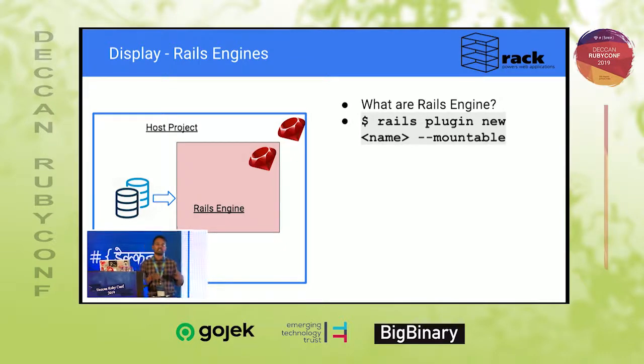Rails engines are kind of miniature Rails applications inside the host application. Let's say you are using a Rails engine inside a gem. It is a complete full-fledged Rails application inside your gem. So it will be Rails inside the Rails. The syntax is fairly simple to create the Rails engine.